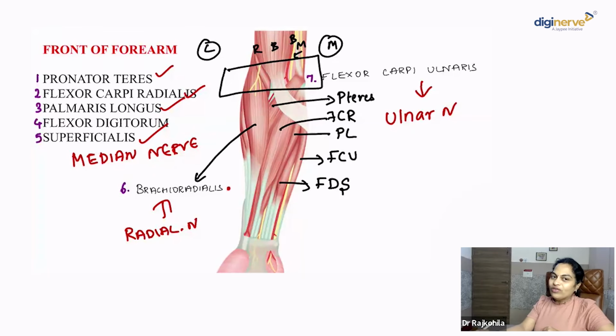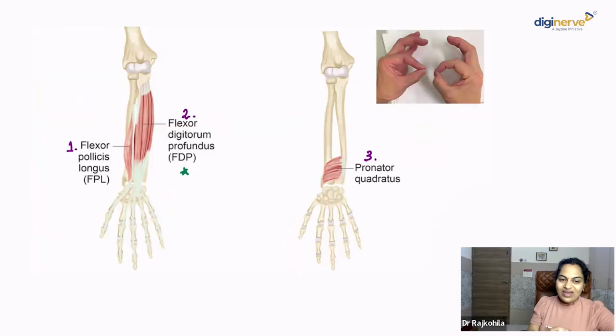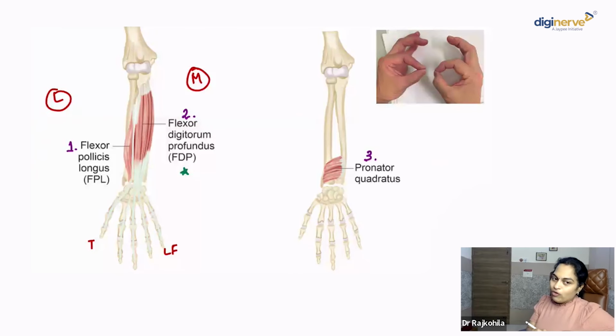So flexor of the elbow innervated by radial nerve, yes, it's the brachioradialis. Now, once I dissect all these muscles, I'll get to see three muscles in the deeper plane. What are they? Okay, so here again, this is your thumb, this is little finger, isn't it? So this is going to be lateral and this is going to be medial. The three deeper muscles in the front of forearm, they are the flexor pollicis longus that you see here, the